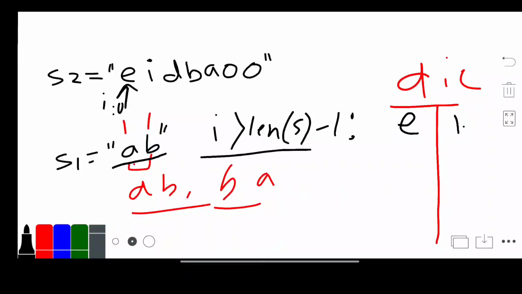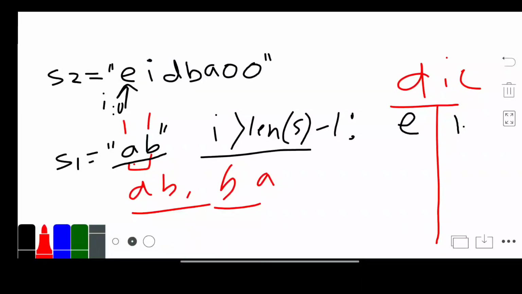If i is greater than that, then we will remove the first element, because we always take two elements. Whenever we slide our window, we take these two, so we will simply remove the e. So we reduce e when we take these two, and we eliminate this.